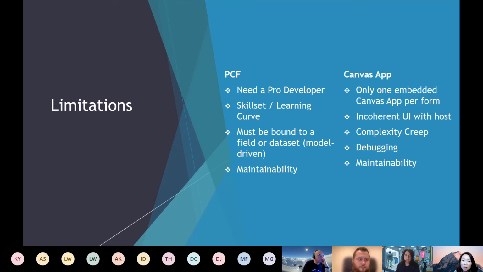that it has already tree shaken everything it doesn't require, because with PCF controls you can use multiple of them in your form or wherever. So you do want to make it really lean, and the loading time on those PCF controls shouldn't be that much. Actually, that was another thing I wanted to mention as one of the limitations of PCF, and I think Microsoft will be working on this at some point, but I'm not sure. It's that those controls, say I've got 2 or 3 or 4 controls using React,